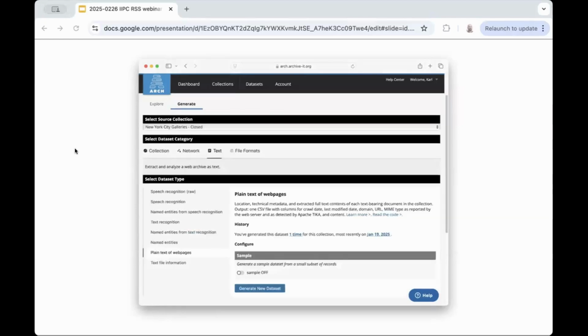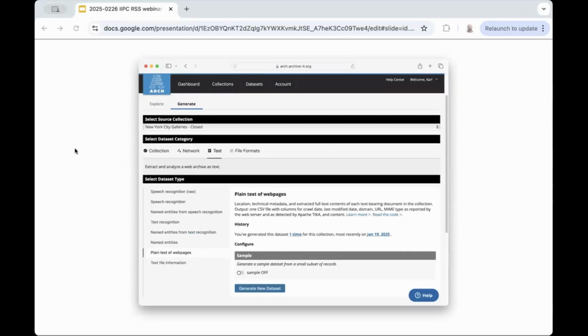So whatever the source is, that menu of data sets looks like this today. This is where we can choose any of our source collections at that top drop-down menu and browse among 4 main categories of data sets. The collection category is for those WAT or domain frequencies we can do. Network is where we can get into all sorts of source and target CSV files for graphing links.